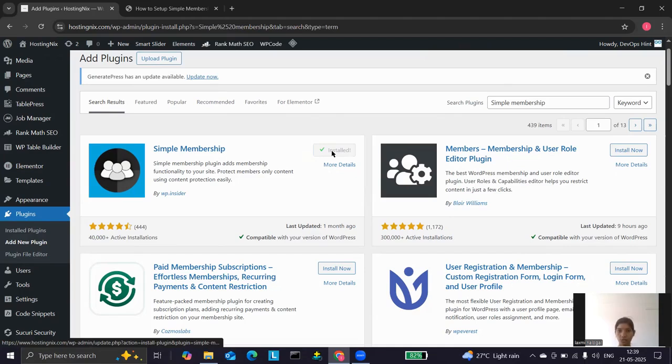So it's installed now. We have to activate our plugin for our WordPress website, so that it will show in the left sidebar. For that we have to click on activate.